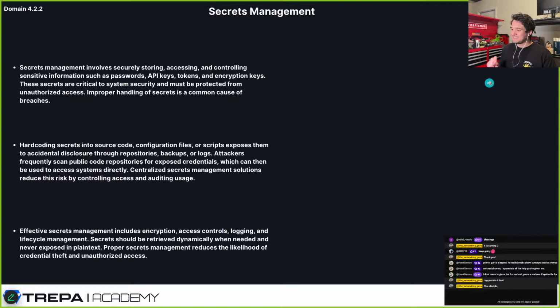Secrets management. We've talked about this at length too. Don't embed the keys in the software. Don't make them easily available. Don't put them in your configuration files that you're storing in GitHub if possible. You want good secrets management. Your API keys, your WAN keys for your routing protocols, the encryption keys that you use, the private keys, store